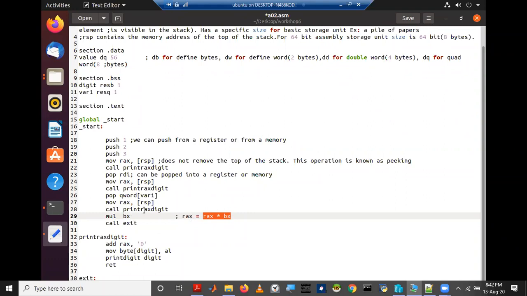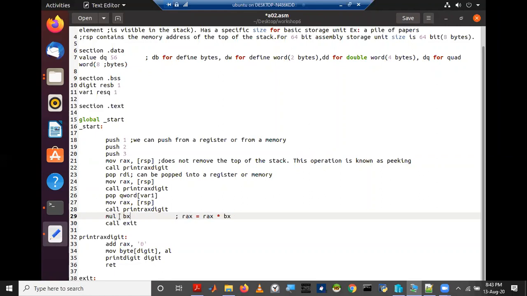For example, if BX contains 2 and the current RAX contains 5, so 2 into 5, 10. Number 10 will be stored back in the RAX register. Right? So that's how this one operates.